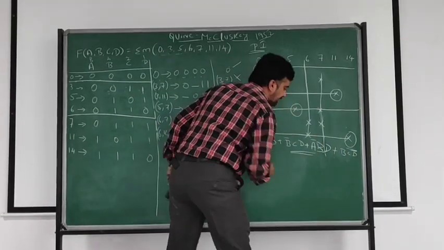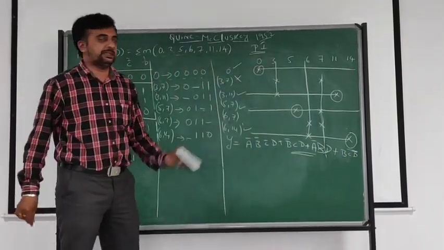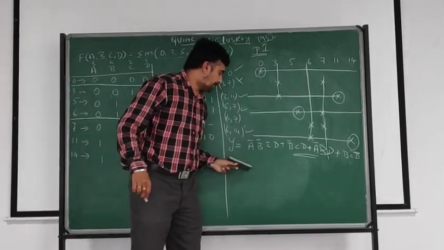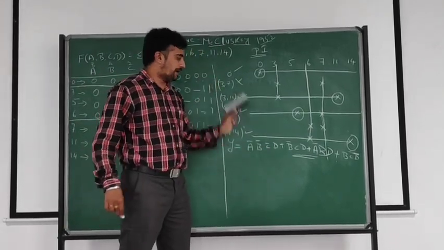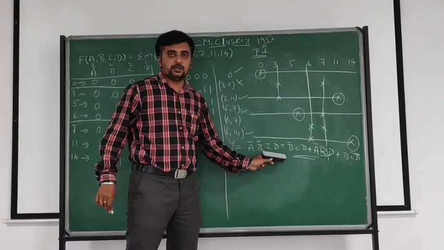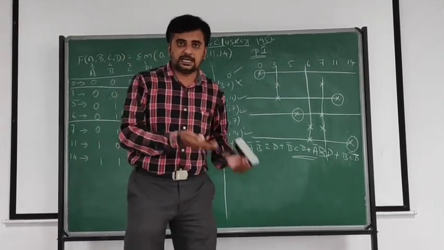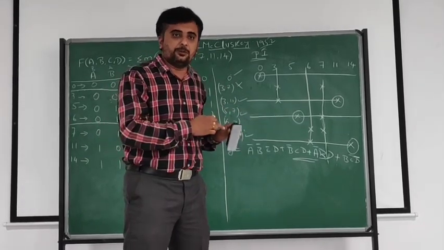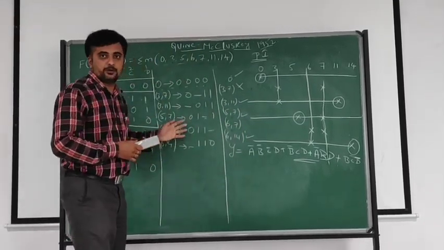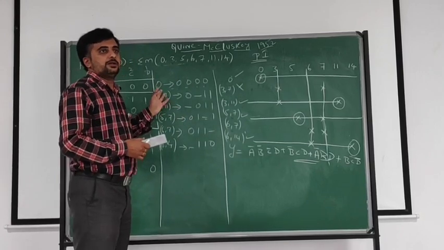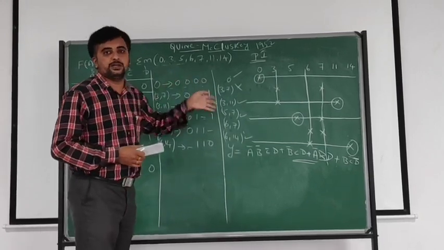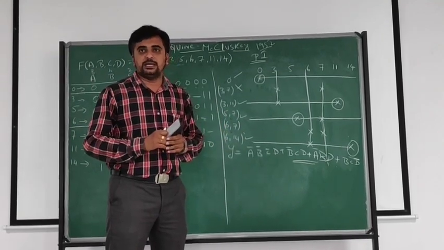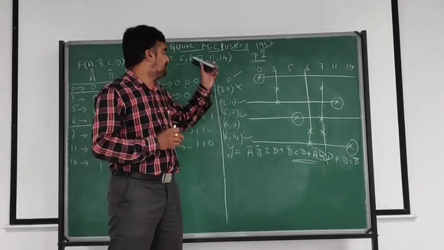This is the final value of the QM method algorithm, the given solution. You have found the value by using this problem and finally you get this solution. Now finally, after getting this value, we have to verify whether this answer is correct or not, because this is a lengthy step. While doing this problem, some mistakes can happen. We have to verify using one method, that is the K-map method only. By using the K-map method, you can verify this problem.